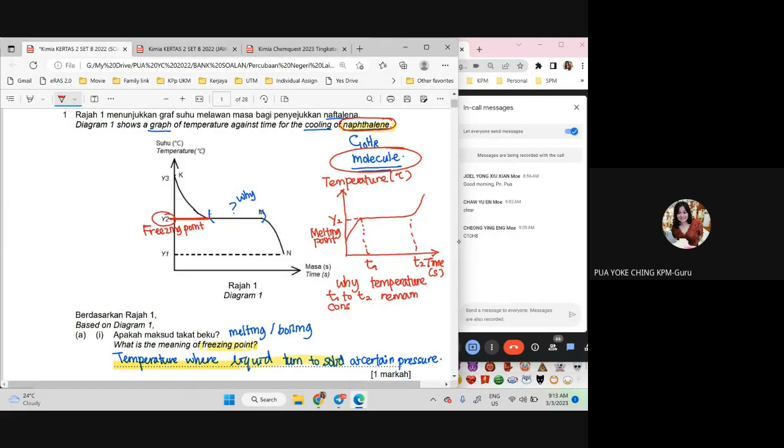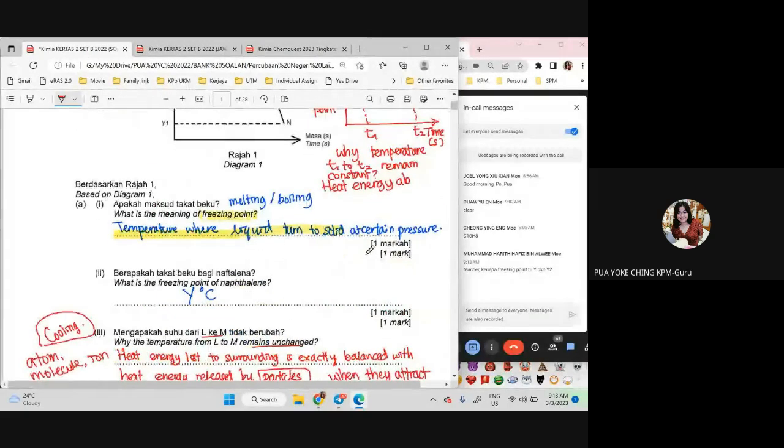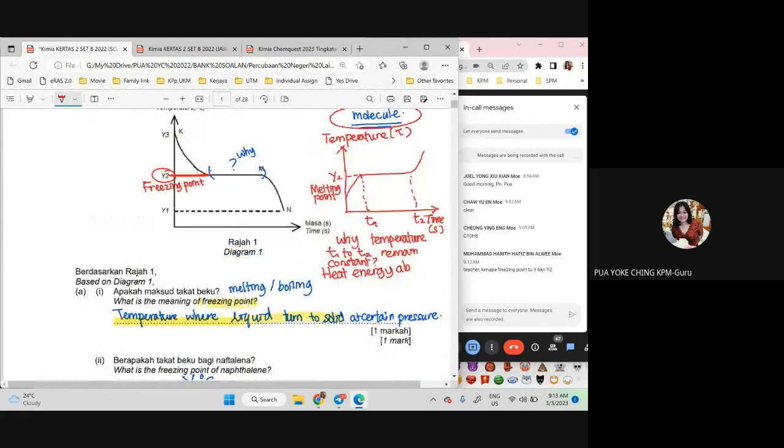So if this chapter has a cooling curve, that's all. They will ask why. When it is why, this is because heat energy absorbed. Wait, I'll write Y. Oh, sorry, Y2. Thank you, Hari. Okay, so heat energy absorbed